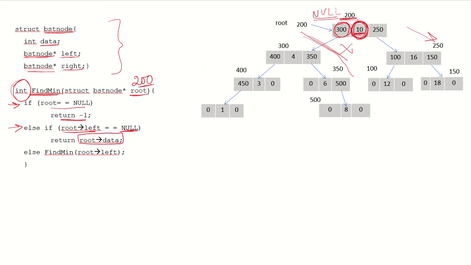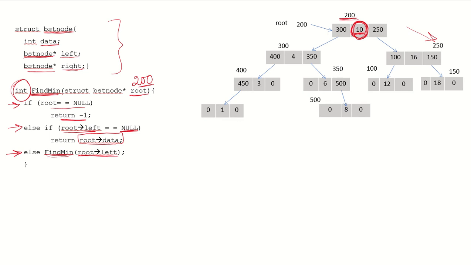In this case, we know that there exists a left subtree. So now we will start traversing the left subtree to find the minimum element. If root arrow left is not null, we come to this statement, and this is a recursive call to the function again. Now we are going to send the address of the left child.